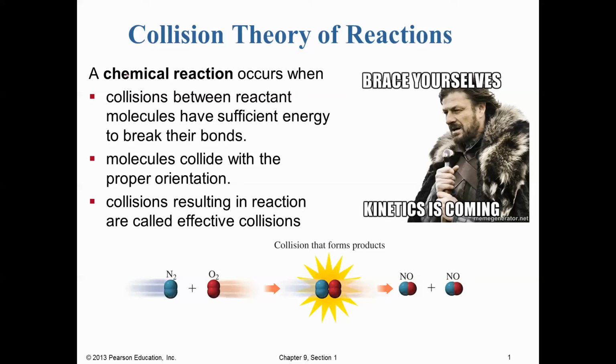Something that's very important for you to know is that chemical reactions require collisions between reactant molecules. So for a reaction to occur, our reactant molecules literally have to smash into each other. And they need to smash into each other with sufficient energy to break bonds. So if the collision doesn't have enough energy, then no reaction can occur. In addition to that, we need them to collide with the proper orientations. We need both enough energy to break bonds and the right angle of collision in order for a reaction to